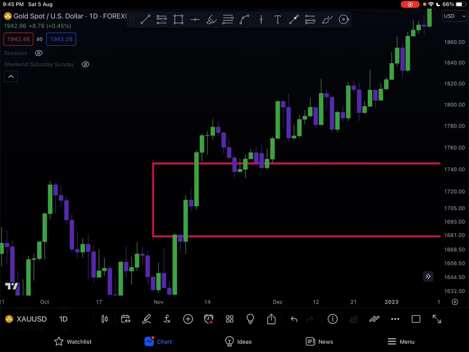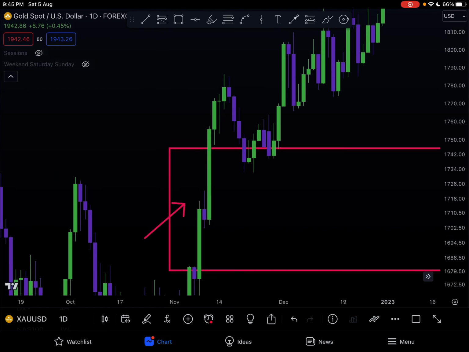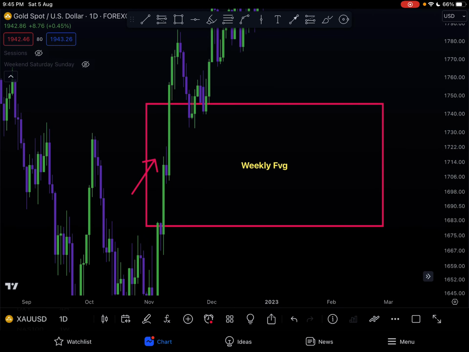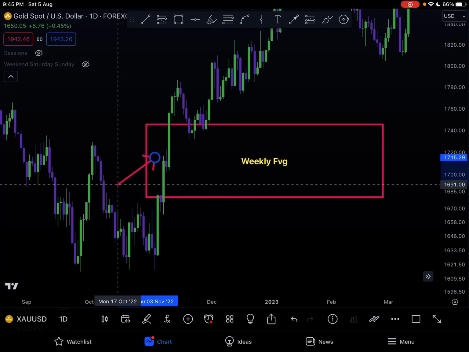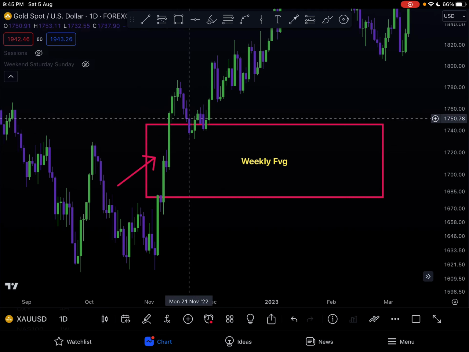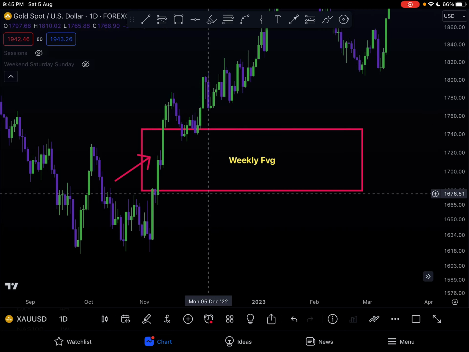Let's say this daily fair value gap is in here, right? And we talked a lot about how fair value gaps, and this, if this is a weekly fair value gap, I'm actually going to what? Annotate that. Weekly fair value gap. This is important, right? Why we like these so much is when I go to point it out and I'll look at the structure on another time frame, it's going to give me another narrative, or I could try to, obviously you see how this is a really big space from point A to point B.